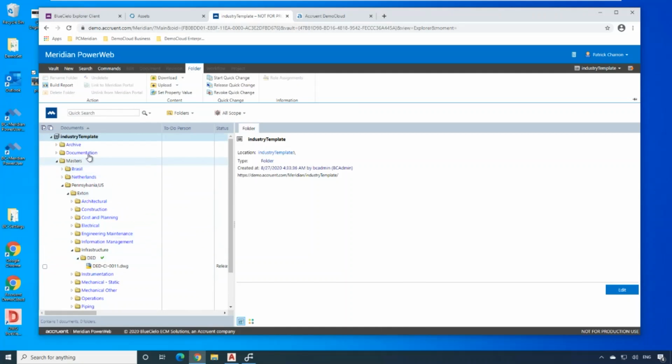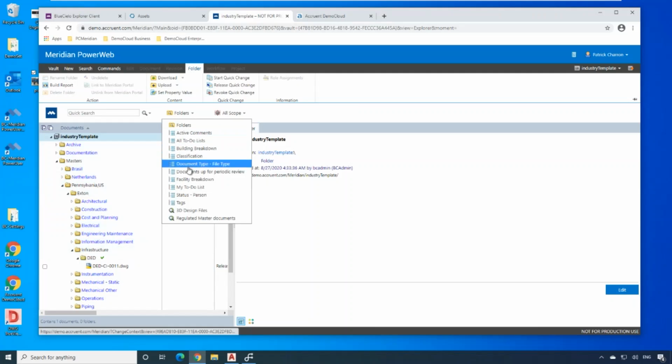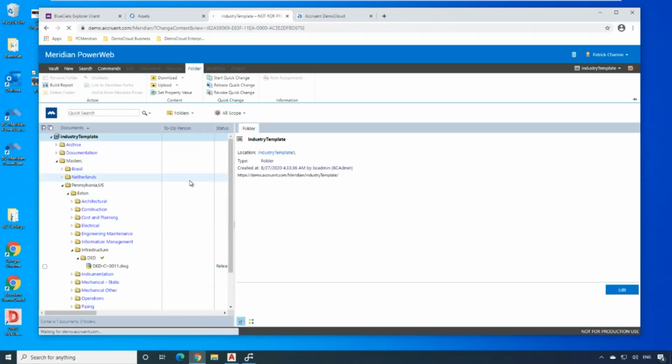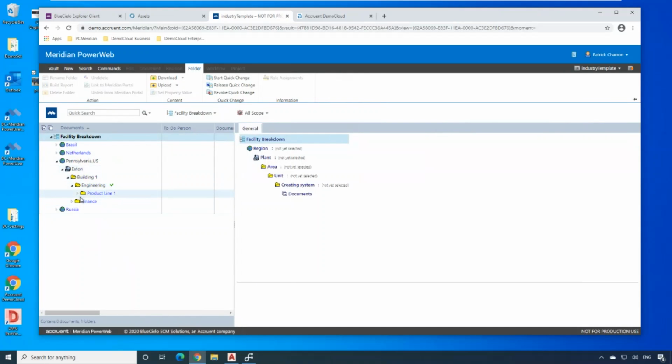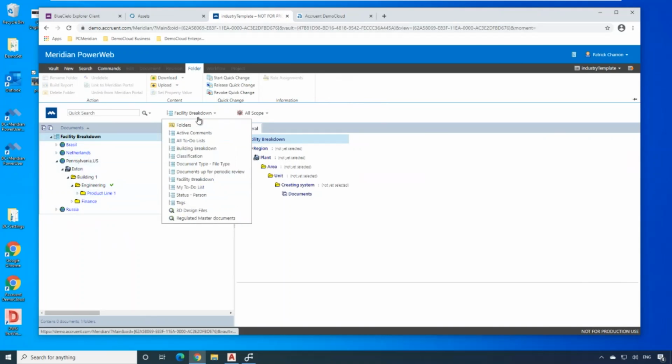However, sometimes you may not be looking for the actual filing structure. You could use the actual navigation views to basically restructure your filing in order to view the actual documents in a different way. So if I go through, let's say, facility breakdown right here, you will basically be able to see that in Pennsylvania, US, you've got Exton, and you see the building one, you see engineering. So we don't see the same filing structure that we found. We may change it